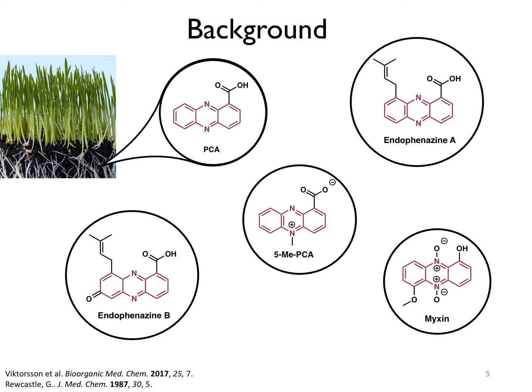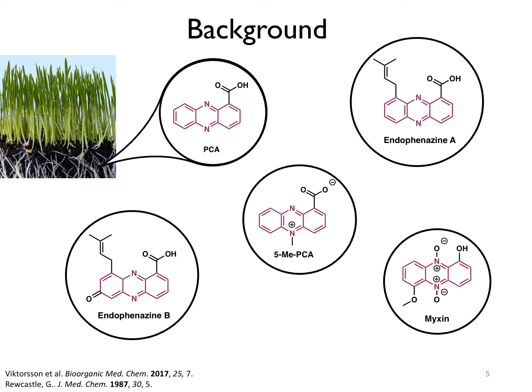One area is the rhizosphere. The rhizosphere is the root system of plants, and there's bacteria that live down in there that produce these natural products. And these are really of interest to chemists and biologists alike for their antibiotic properties. These are redox-active compounds, and they go through a unique antibiotic pathway. And so we think there's a possibility these might be an effective antibiotic in cases where bacteria have developed